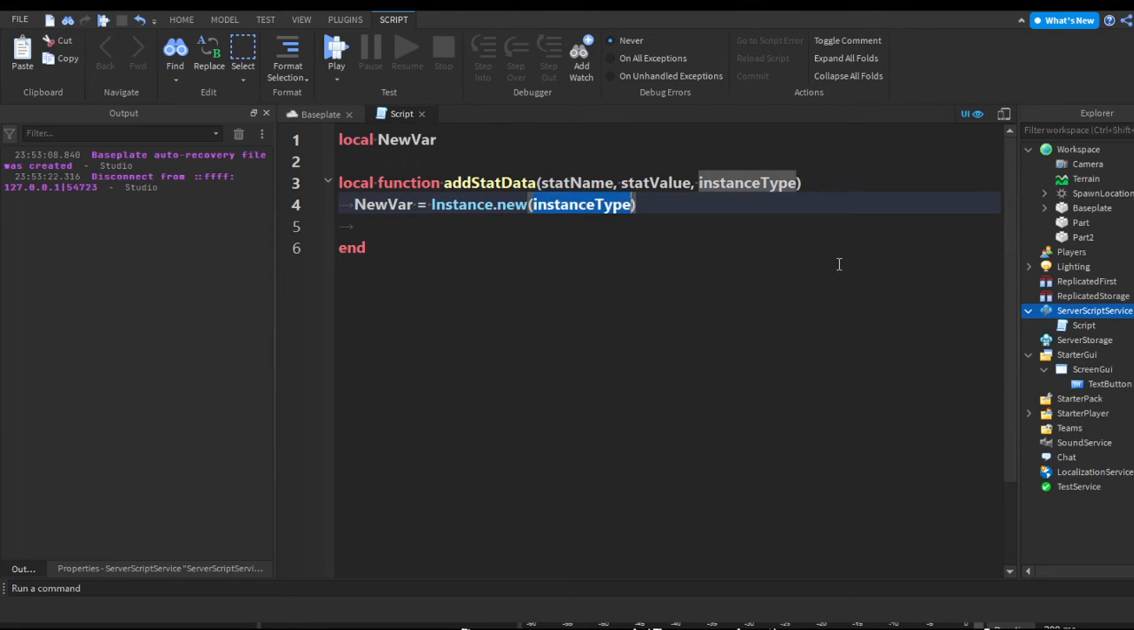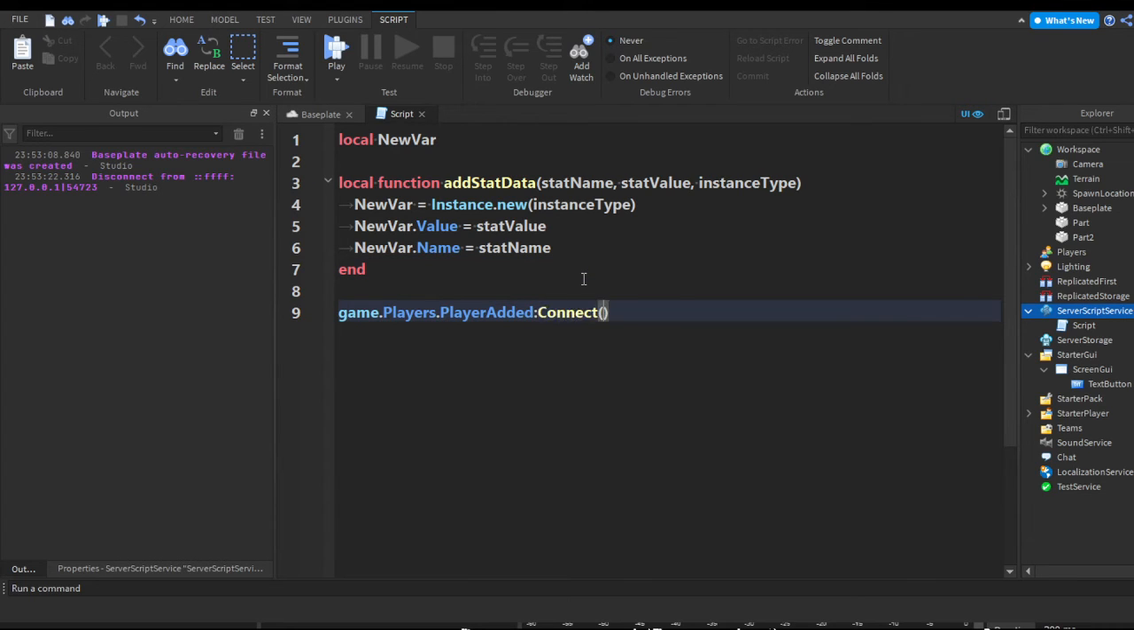So this is a new instance type, so anything we put for instance type will get changed there. New var dot value equals stat value. New var dot name equals stat name. So now I can do gain dot player added connect function. I guess we can also add another parameter, parent. I'm just gonna add an s, and then do add stat data